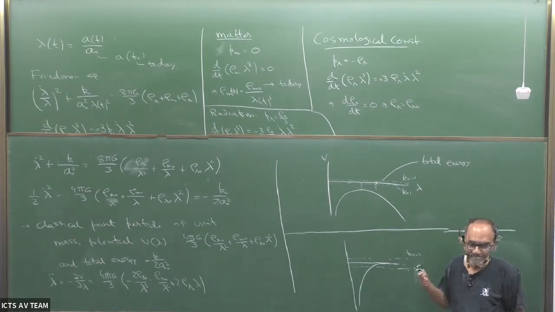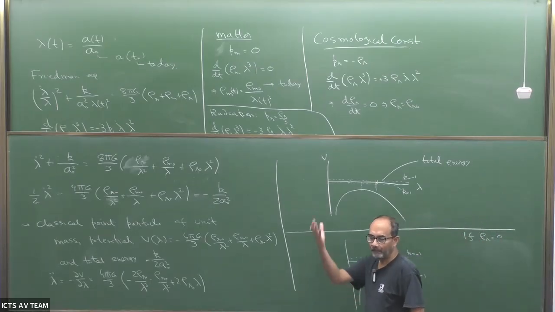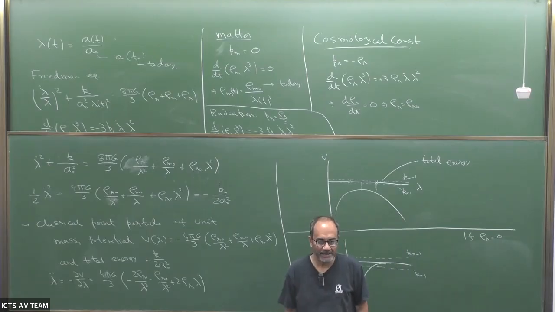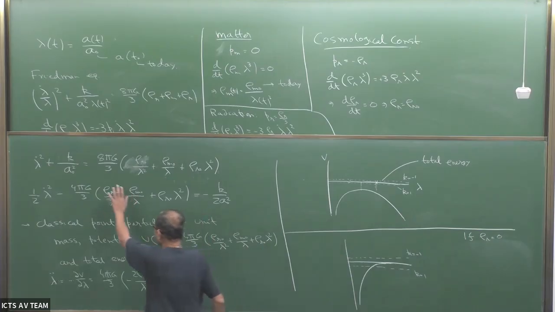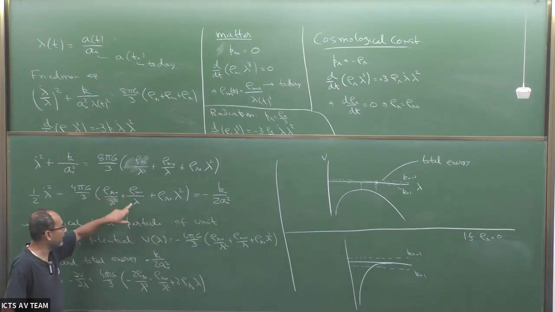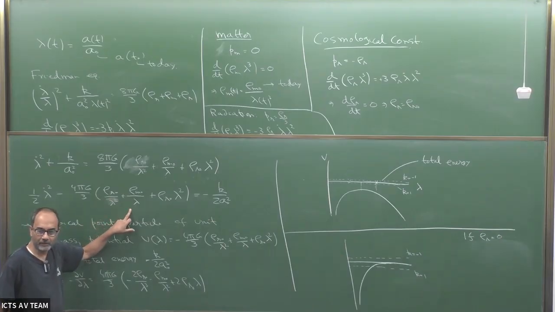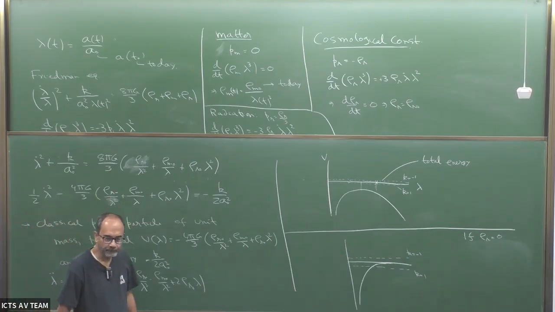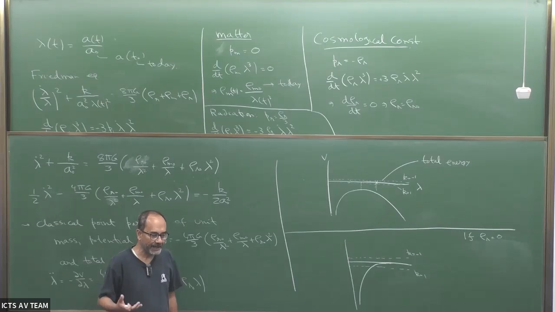That's a turning point. It's like if you take a particle and throw it up, but with a velocity which is less than the escape velocity. What will happen? It's exactly the same problem. This is somewhat of an extra term, but for large lambda, it's basically this term which is the potential, the 1 over r potential. We know what happens. In a 1 over r potential, if you throw a particle radially out, if the total energy is negative, it will go some distance and then come back. If the energy is positive, it will just escape the